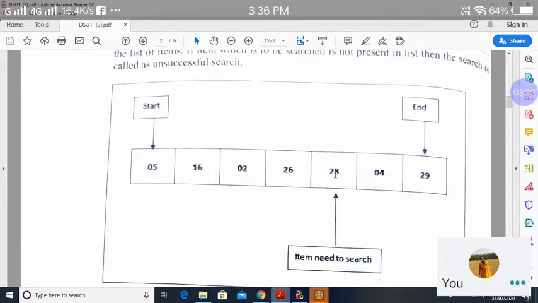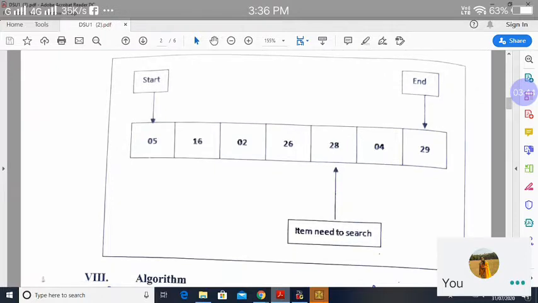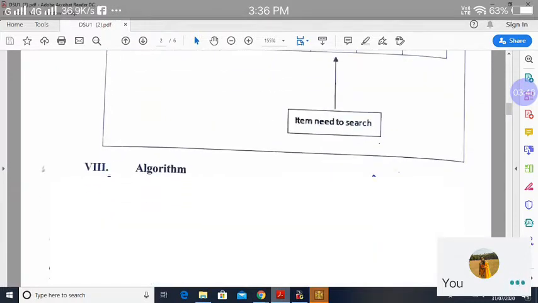At index 4, at position 4, we got the item 28. This is the way of searching for an element in our array, and this technique is called linear search. Linear means linearly, from first to end, we are searching for an element.